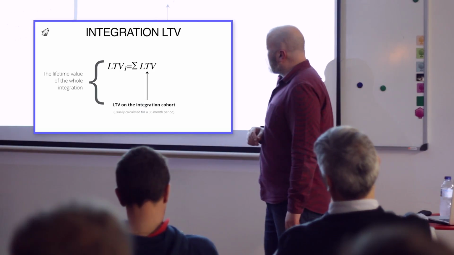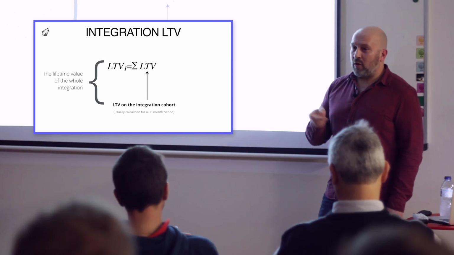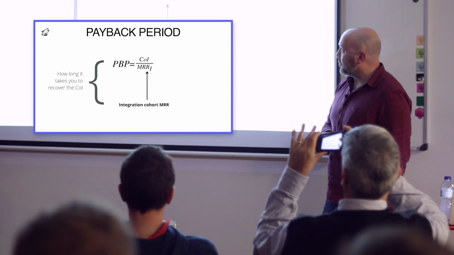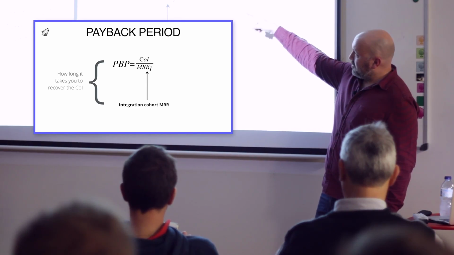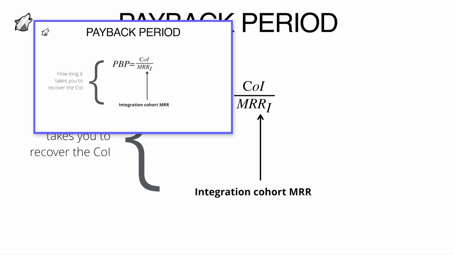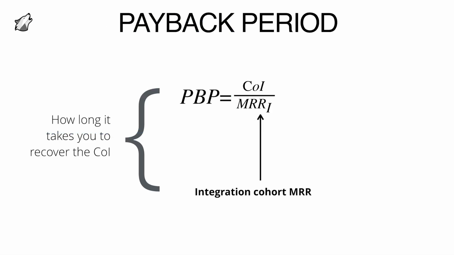And the final piece of the puzzle, again going back to SaaS terminology, is the payback period. The payback period can be calculated by dividing the cost of integration by the monthly recurring revenue for that particular integration. Again, we're talking about cohorts. Each cohort is one integration. So it shouldn't be hard to identify a list of all the customers that are using one particular integration, and with that you can find the MRR, you can find the lifetime value and all that.